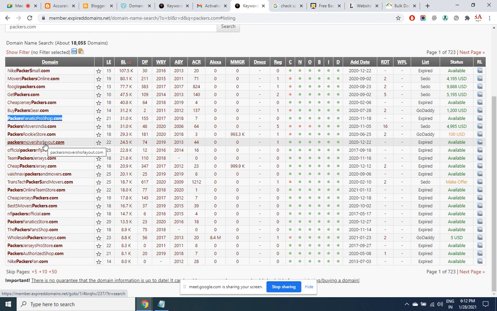But that is not the primary reason. We are purchasing these expired domains because some SEO is already done on them, rather than starting with zero backlinks. Yes. Backlinks are the most important part of SEO. We'll understand this later.